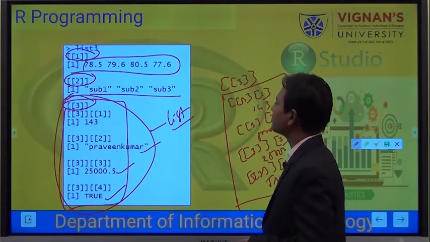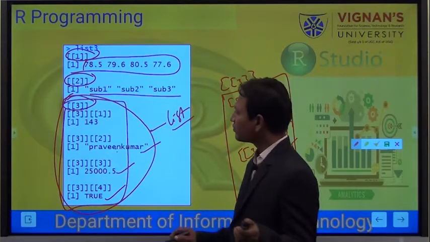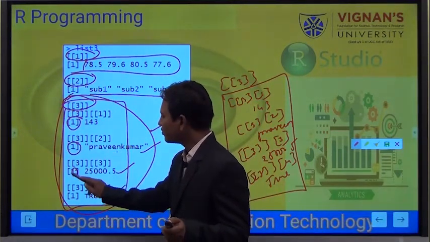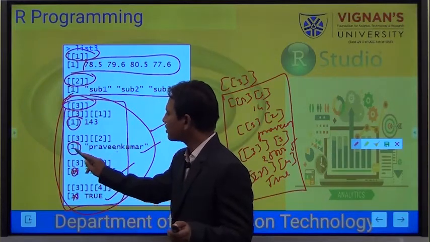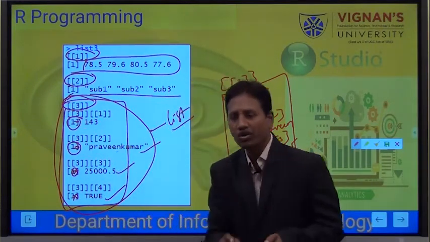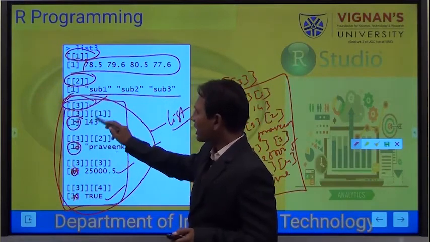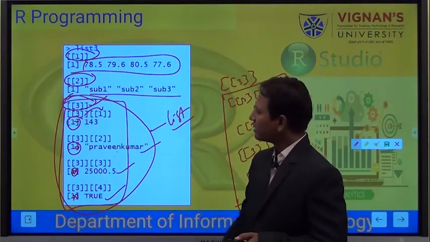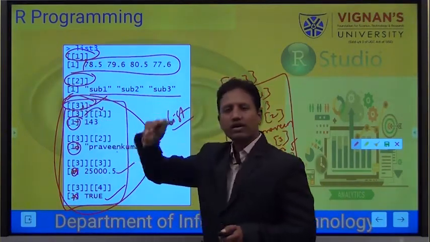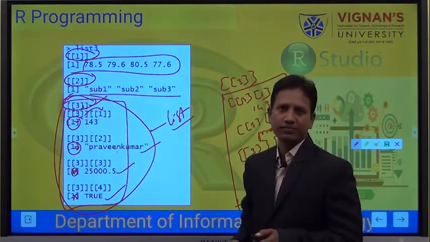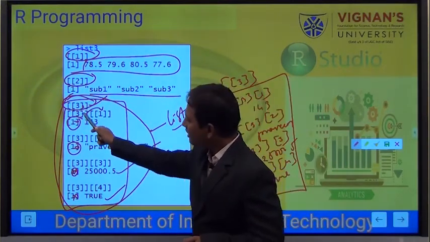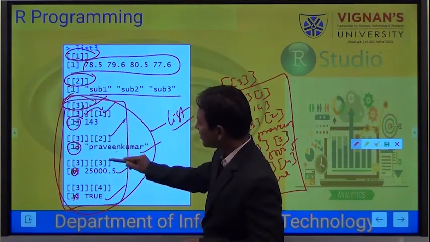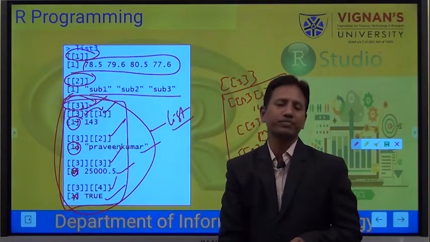This is how it has represented, and don't worry about these ones; these are just given for row purposes. You just neglect these things. You have to concentrate on why this 3 has been given and why this 3 of 1 has been given. This 3 belongs to the outer list, and this 3 belongs to the inner list. And in this 3, this is the first item, second item, third item and fourth item.